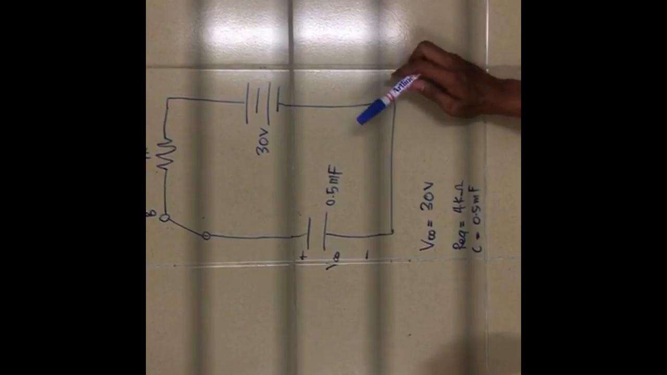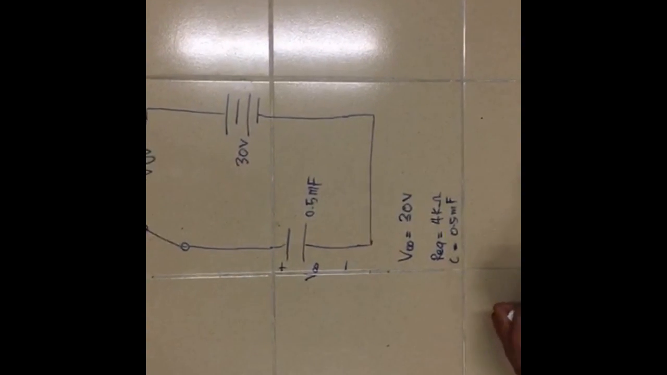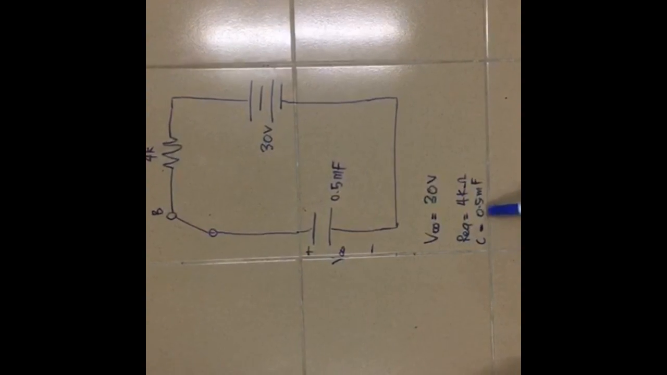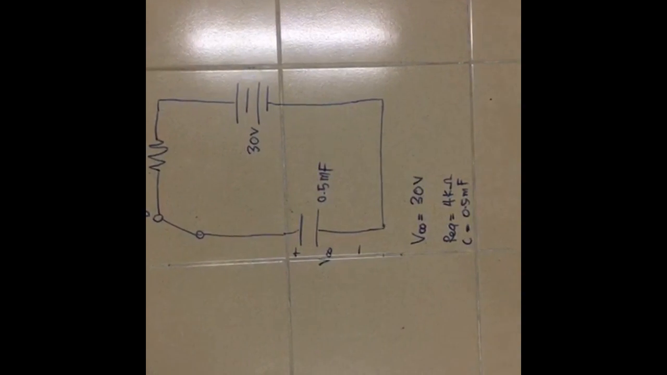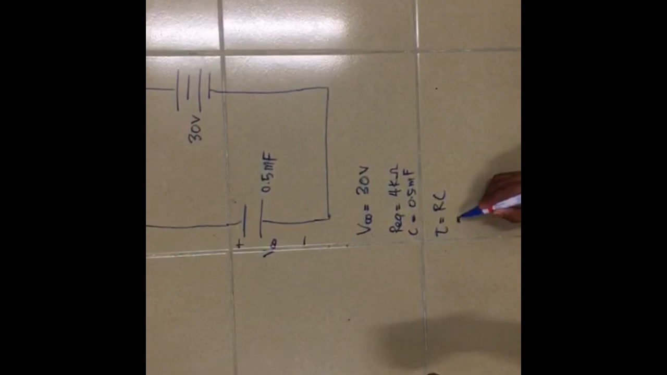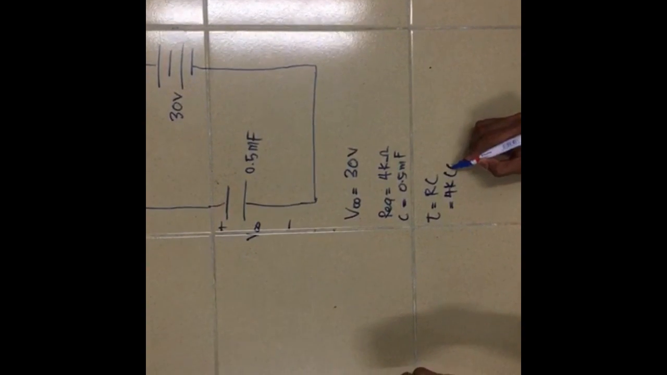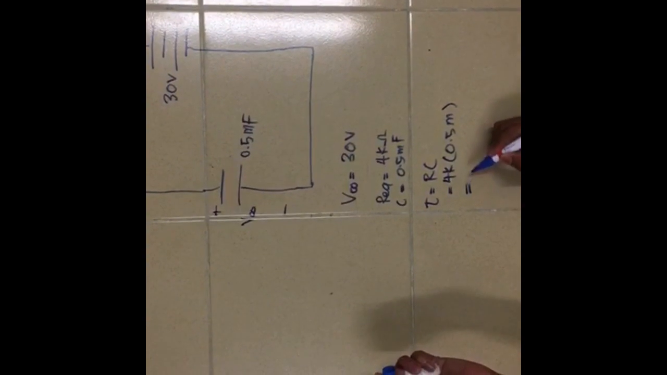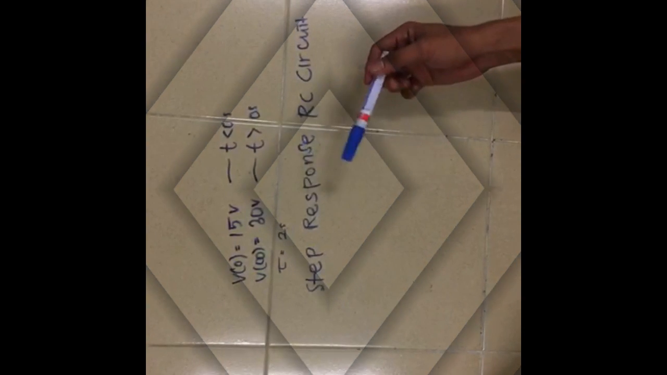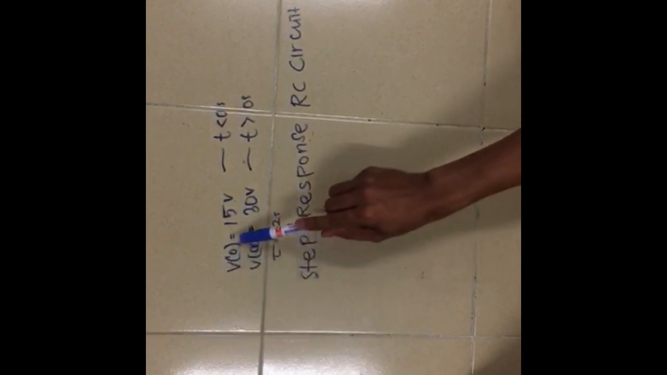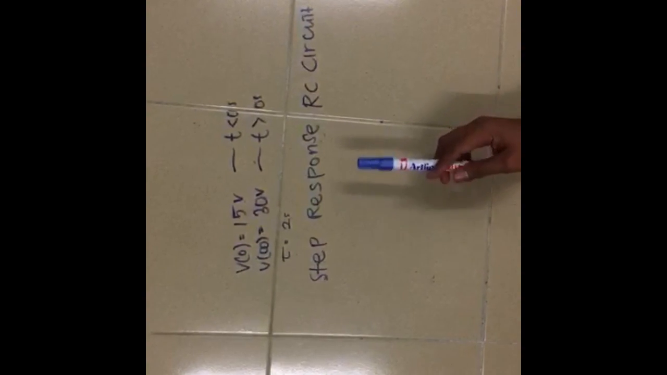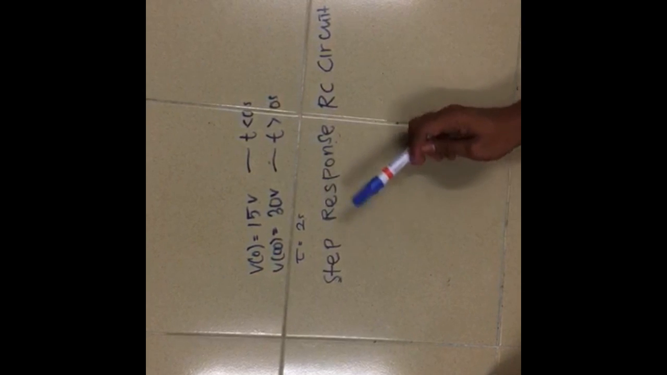Okay, next we must find the value of tau. So the value of R equivalent is 4K from the circuit, and the capacitor is 0.5 millifarad. So tau equals R equivalent times C, 4K ohm times 0.5 millifarad equals 2 seconds. Okay, when we are done finding all the values, V0, V infinity and tau, the next solution is to insert all the values into the formula